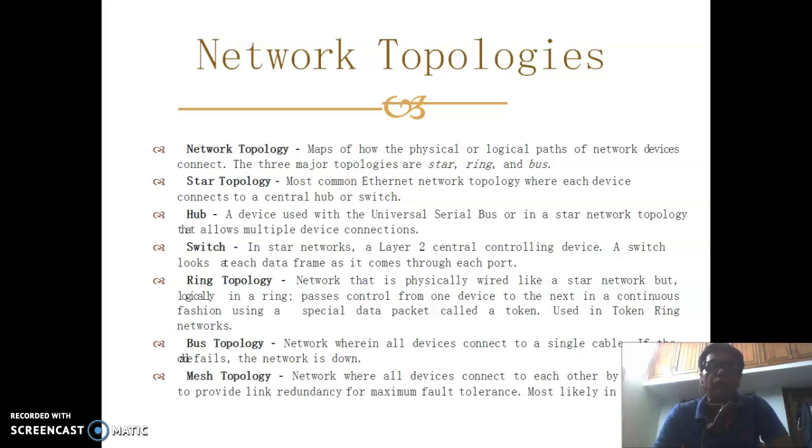A switch looks at each data frame as it comes through each port. And ring topology: a network that is physically wired like a star network, but logically in a ring, passes control from one device to the next in a continuous fashion using a special data packet called a token, used in token ring networks. Bus topology: a network wherein all devices connect to a single cable.